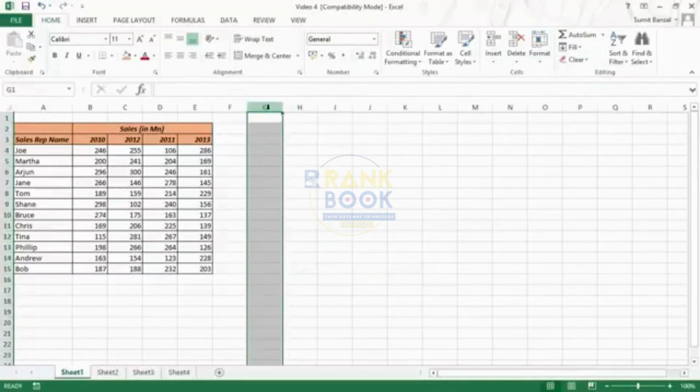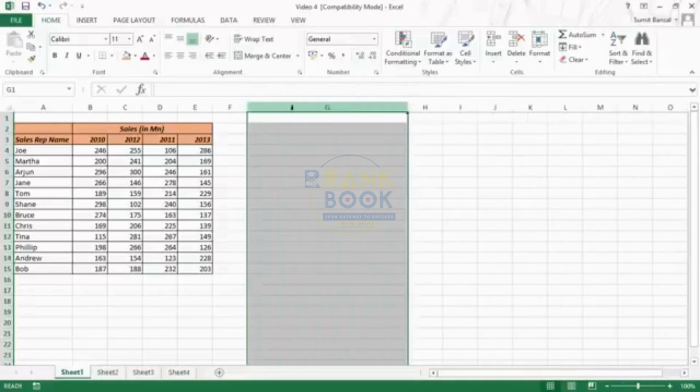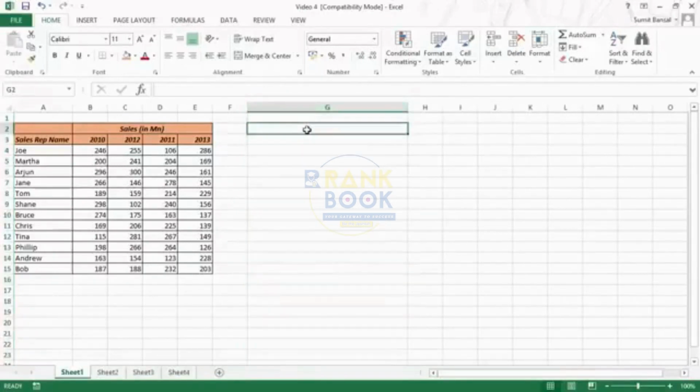Now you can also change the column width by just going to the top at this header, and when you go to the end of this header, you would see this double pointed arrow. Just left click on your mouse, it would show you the width, the current width, and you can drag this, and when you drag this, you can see that the width is changing. So this is a manual way of doing it, but there are a couple of automatic ways to do this as well. So for example, I have some text here. Excel is